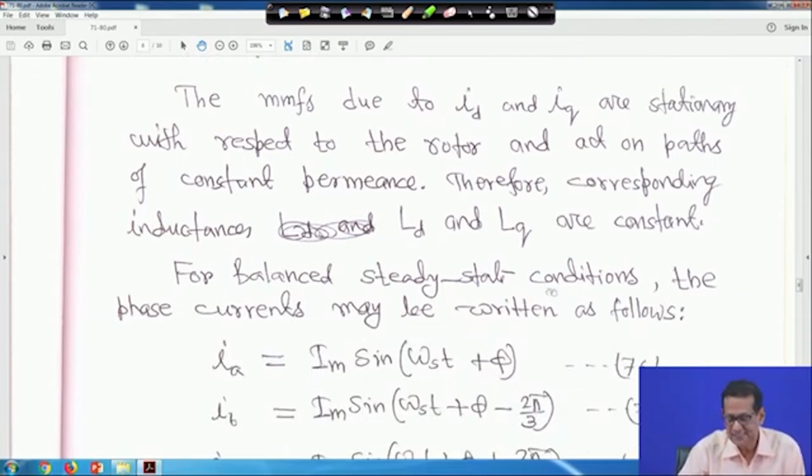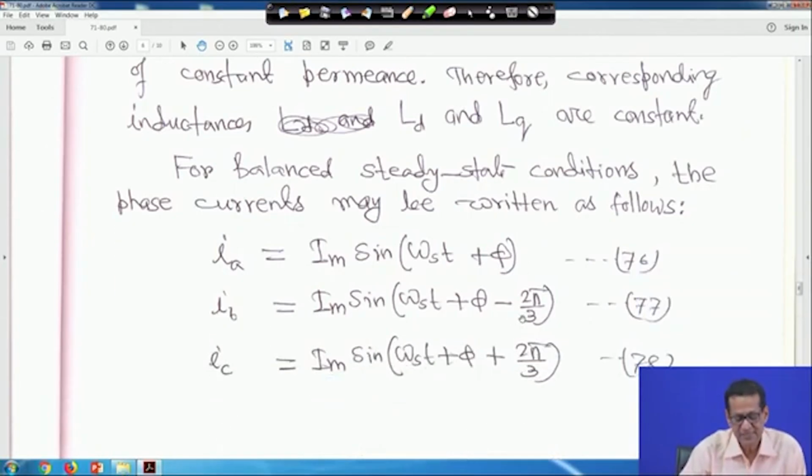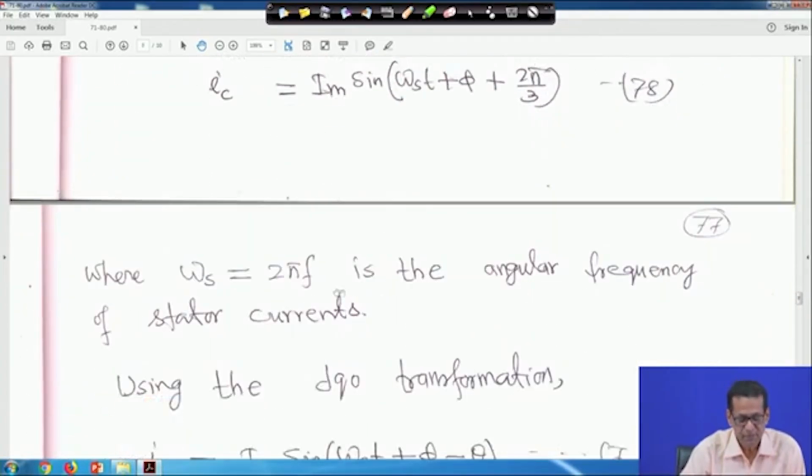For balanced steady state conditions, the phase currents may be written as follows, right? We can write Ia is equal to Im sin(omega s t plus phi), Ib is equal to Im sin(omega s t plus phi minus 2 pi by 3), and Ic is equal to Im sin(omega s t plus phi plus 2 pi by 3). This is equation 76, this is 77, and this is 78, right? Now, we know omega s is equal to 2 pi f, that is the angular frequency of the stator current,